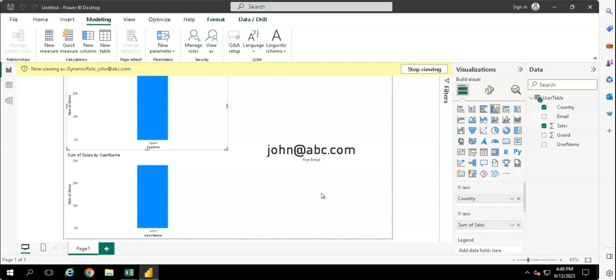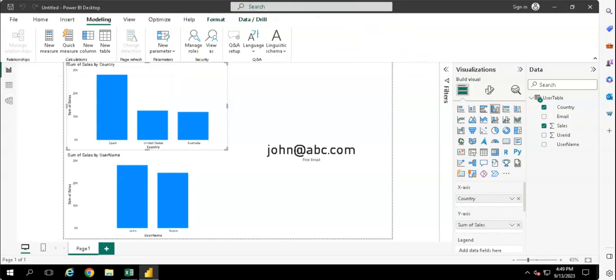Now if I publish this particular report, publishing we'll talk about later, whenever you log in with the respective mail ID that we have mentioned here, accordingly the changes are going to be reflected to you. This is known as dynamic row level security. Okay, so this was another option that you all must know about when you are working with your dynamic resources as well. So let me